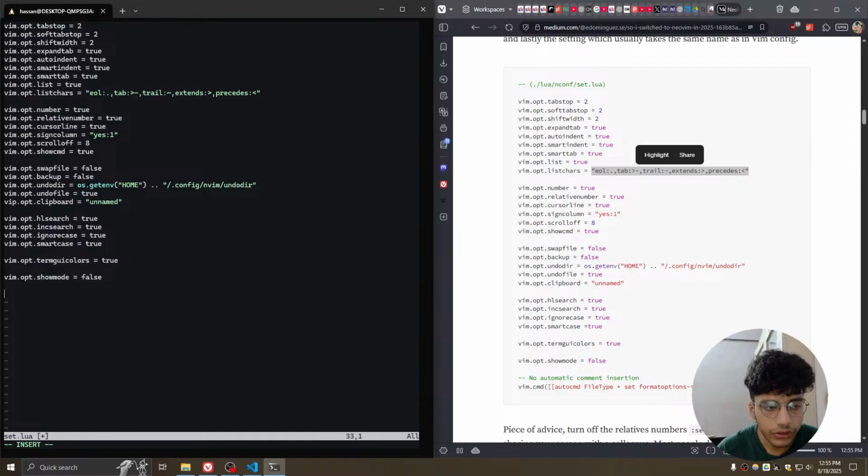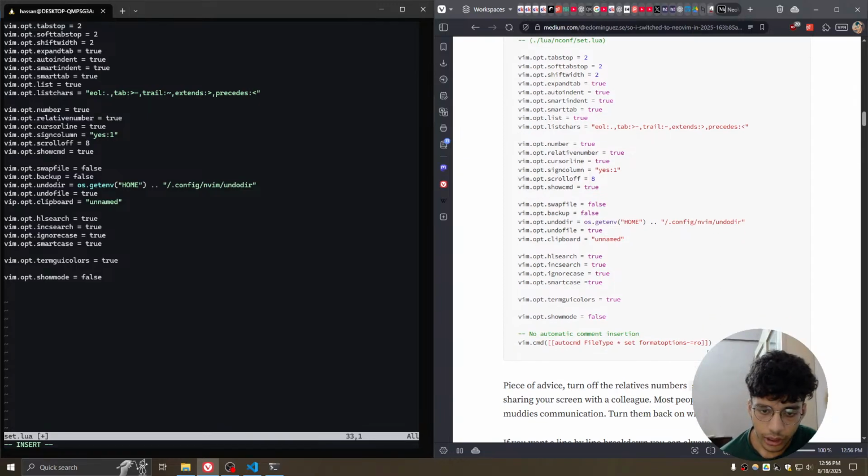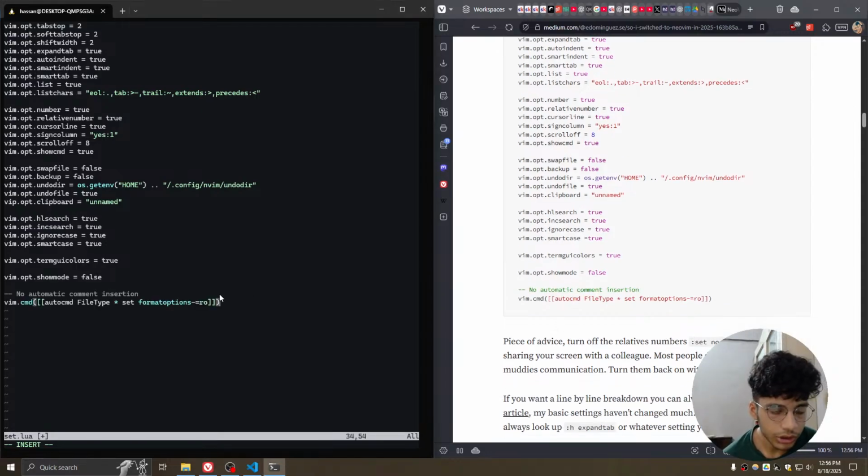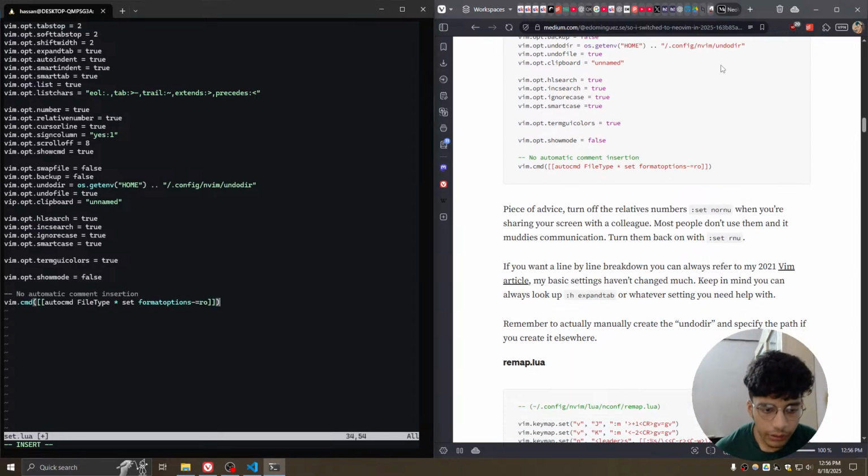And what is this in the end? No automatic comment insertion. What does this do? Vim.cmd, autocmd FileType. I don't know, this looks weird. There we go. I'll just copy this. And now we have this,